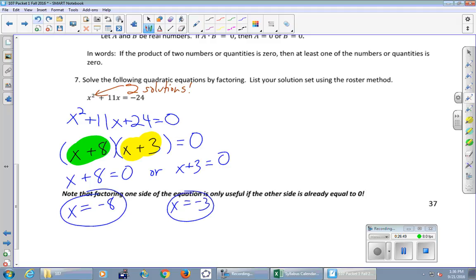There's another technique. We're going to stay right here and do it on this page. Don't look on the next page just yet. But there's another technique to solve quadratic equations, and it's this thing called the quadratic formula. So I'm just going to write the ax squared plus bx plus c equals 0 here.